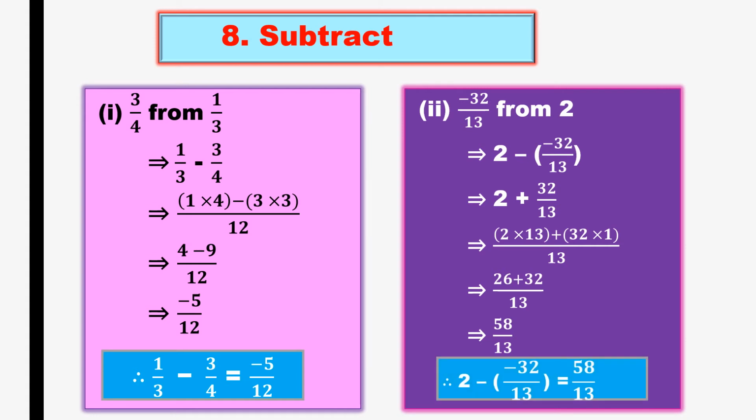Okay, so your next slide will be. So here is your third question from 8th bit. Subtract minus 7 from minus 4 by 7. So you should do subtraction here. This one you should write first, minus, and this is having minus 7, so put minus 7 in bracket. Clear? So minus 4 by 7 minus of minus 7.